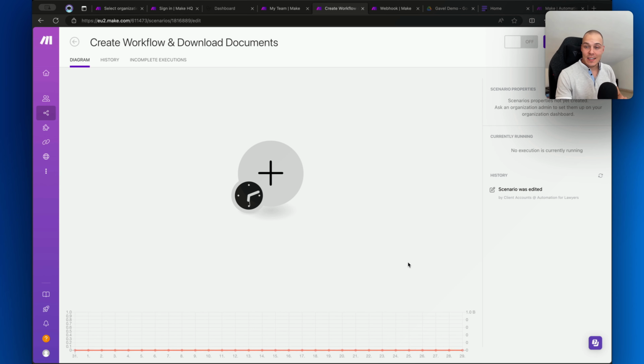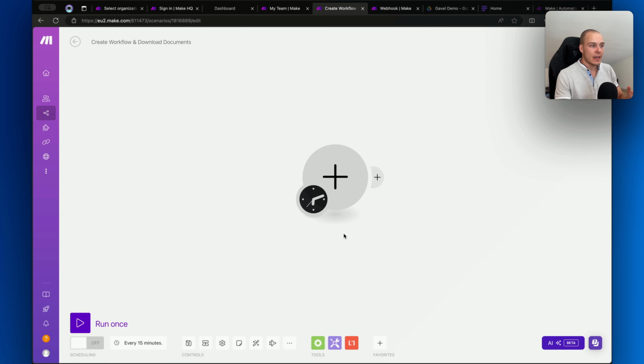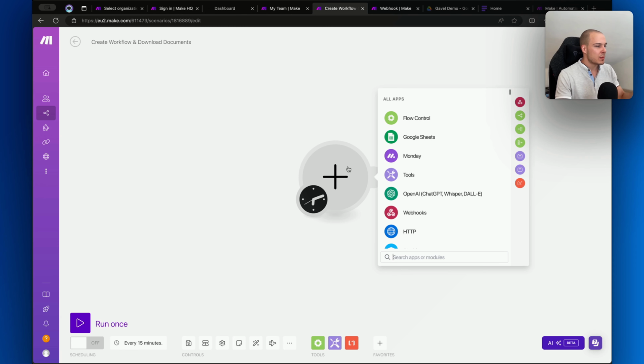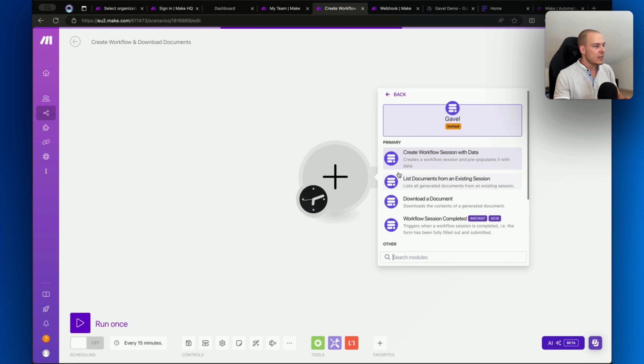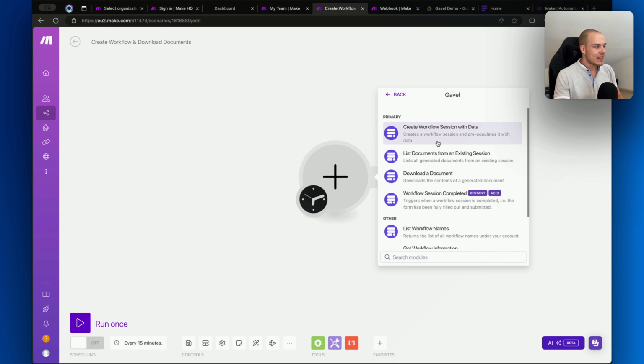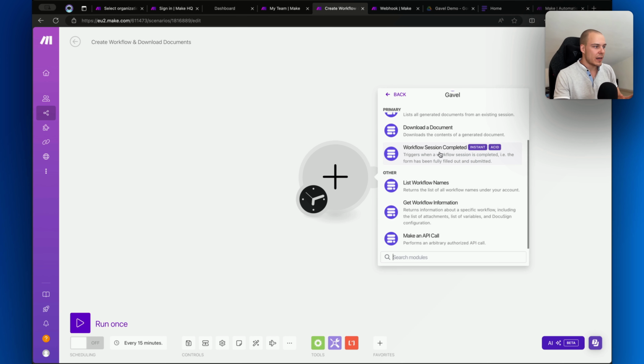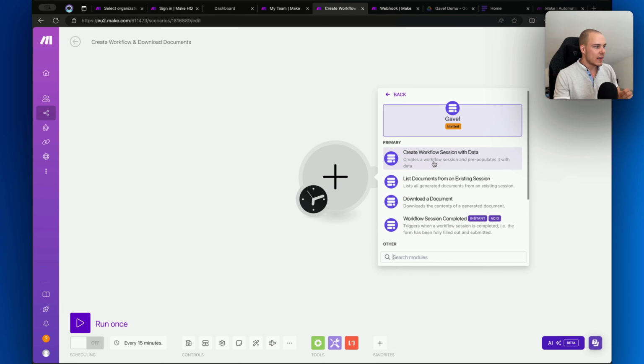I have created a test scenario over here. Let's now see how can we connect your Make account now to your Gavel account. So go into any new or existing scenario, click the plus icon to add a new module, and then just search up Gavel. As you'll see, the options now pop up. It has this invited status, and you're able to add any of these modules. So let's now add this one, for example, create workflow session with data,